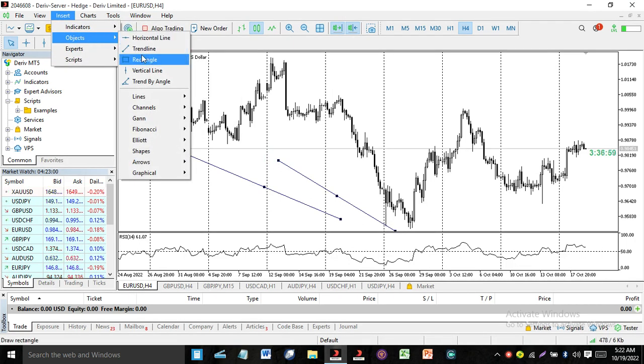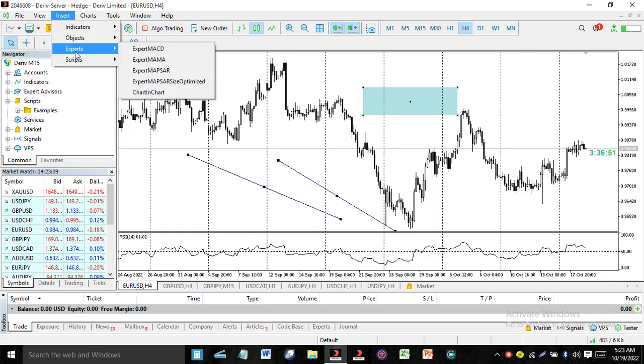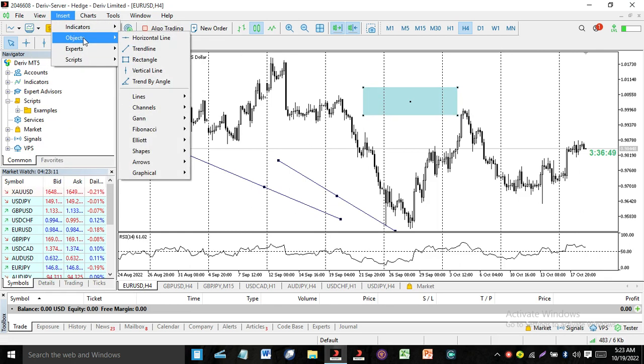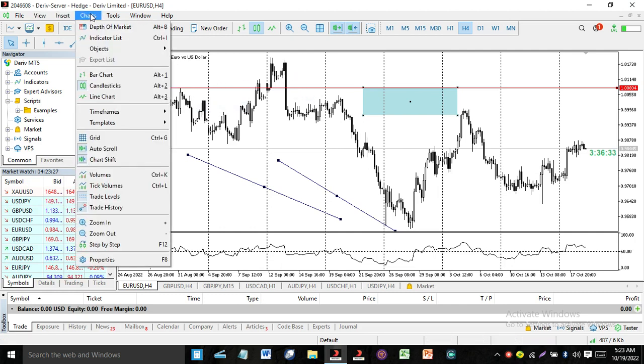These are trend lines. If you want to draw a rectangle, you can still draw it from here. So that is that for inserts. Fibonacci is also here. Lines, vertical line, horizontal line, you just click on it, you see. So that is that for that. Then objects,